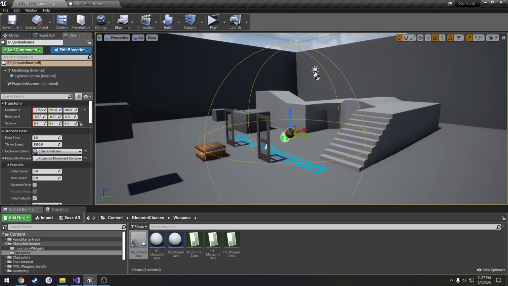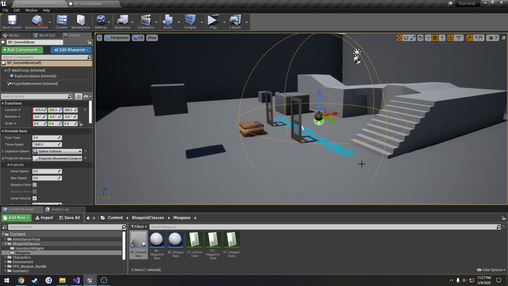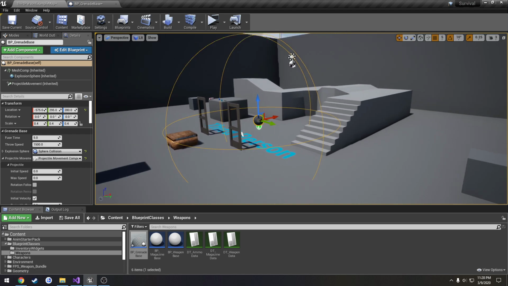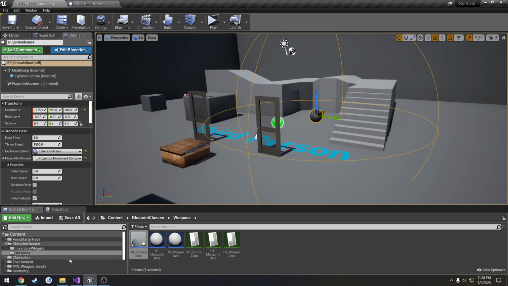In this video, we're going to be going over setting up, well, we're not going to be creating a particle system, we're going to be using an already made one, but we're going to be playing a particle system explosion as well as an explosion sound on the client, as well as applying damage on the server when the grenade goes off, and if an actor is inside of the sphere. This is really quite simple, and there's not a whole lot to it, so we can go ahead and get